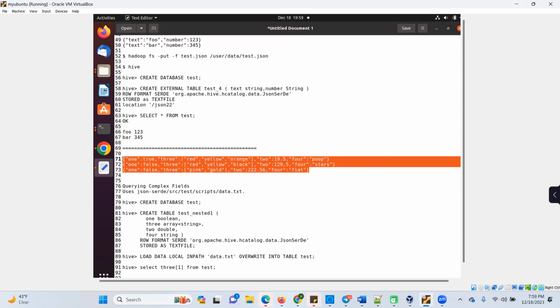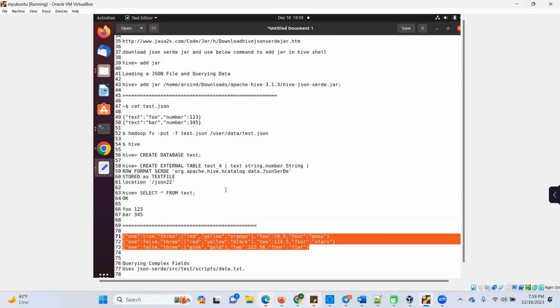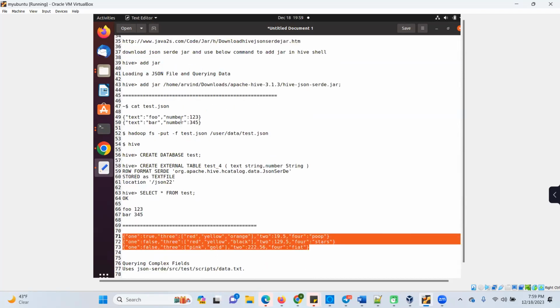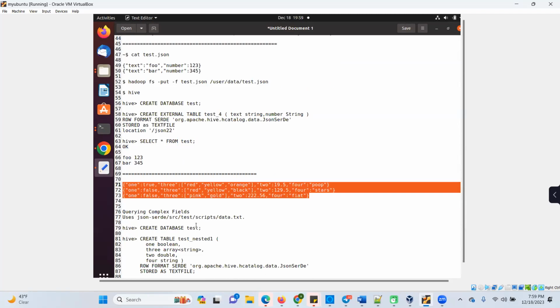Okay, but we have to add the jar. This is very strange, like why is it coming without the session? Okay, so we have to add the jar, otherwise this table will not be created. Okay, so if I'm going to create this table,